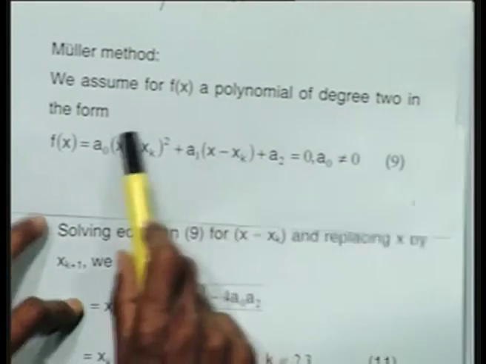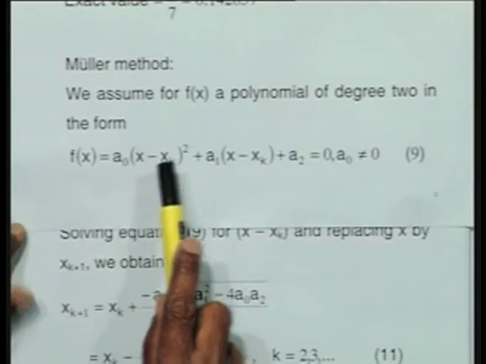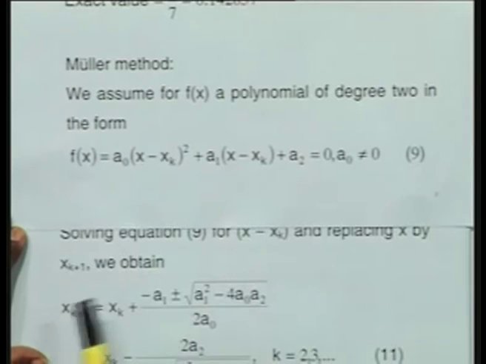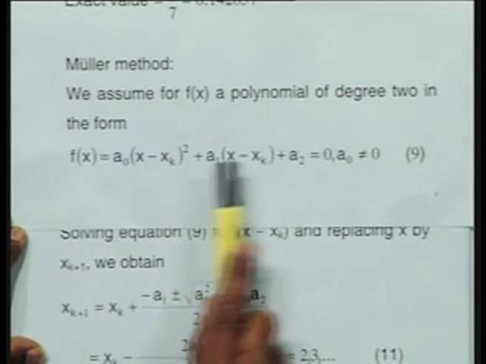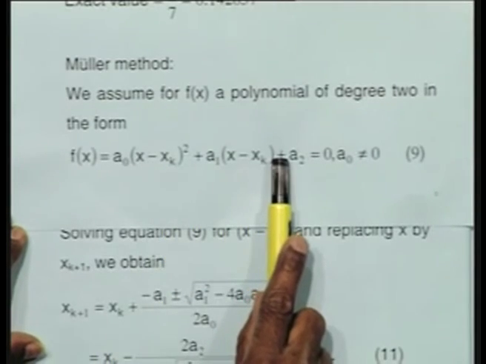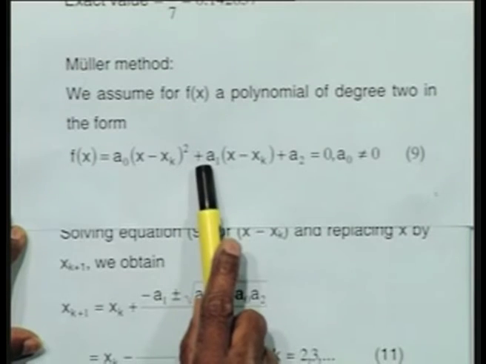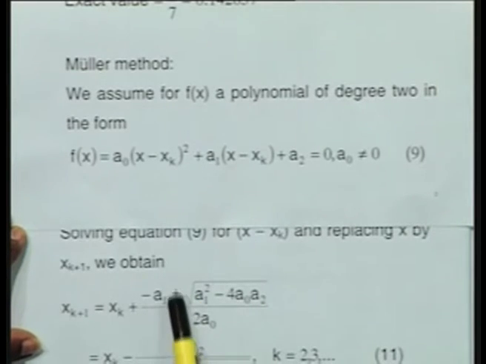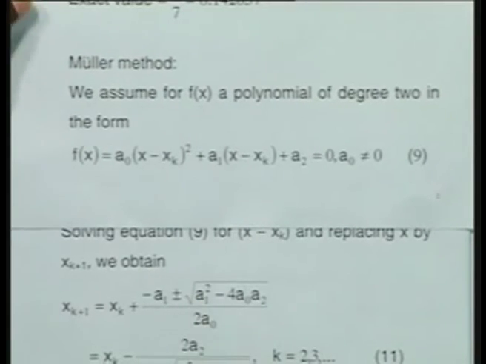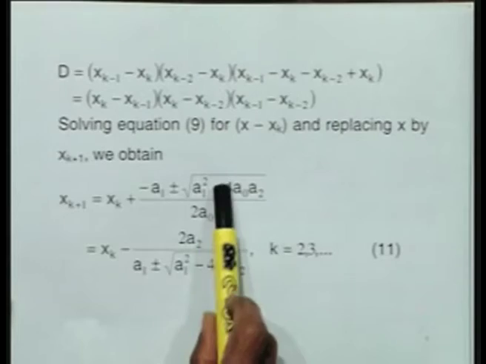So I have just solved this equation for xk plus 1 minus xk, that is I have taken xk to the right hand side. So it is a trivial finding of the root of this quadratic equation, and both the roots we are taking over here, and this form can be simplified by rationalizing this.